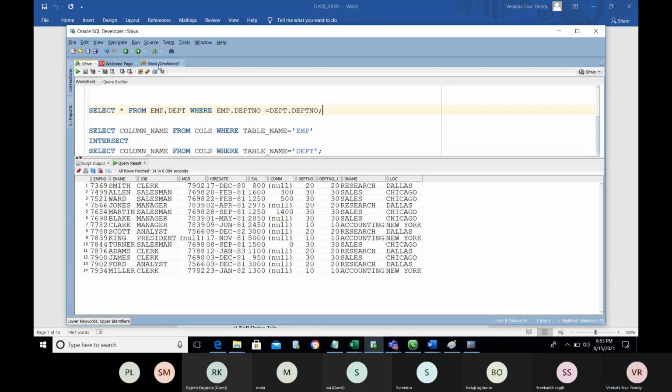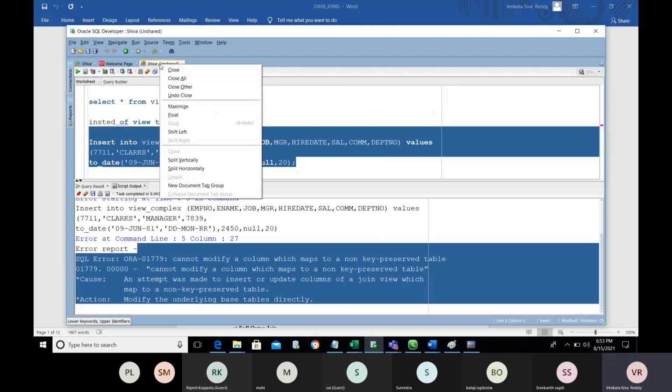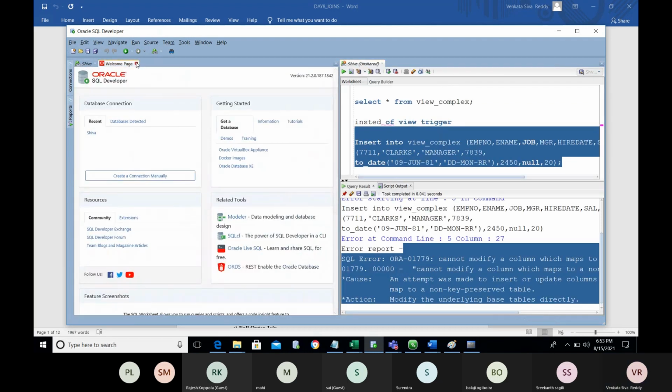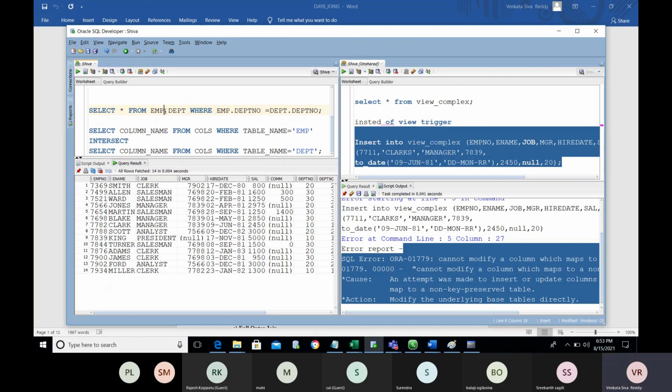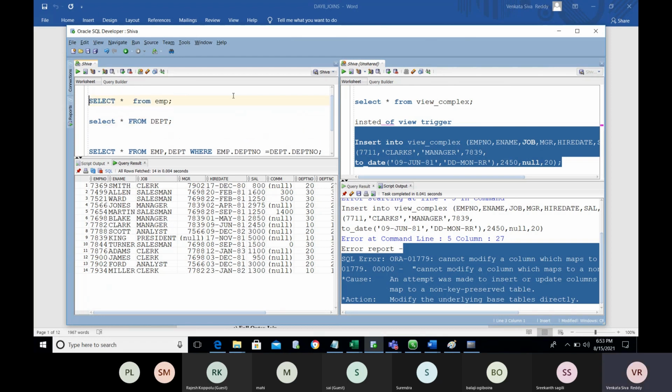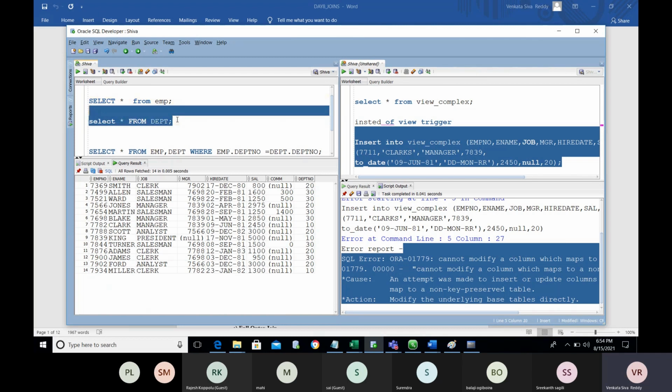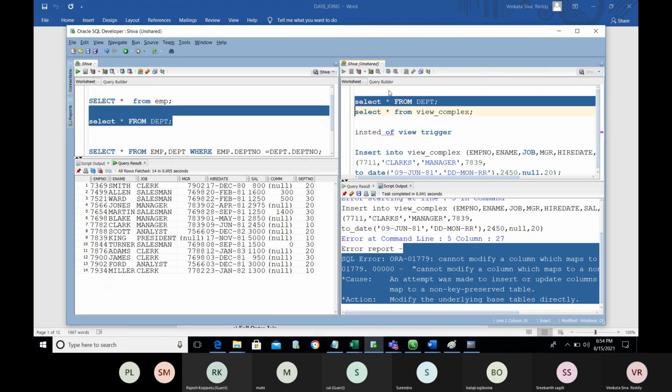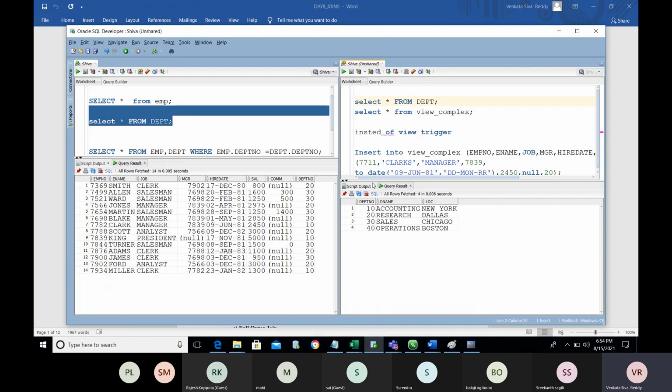I'm going to use 2 sessions to understand this. Select from EMP, DEPT. Now you have 2 sets, or 2 tables.